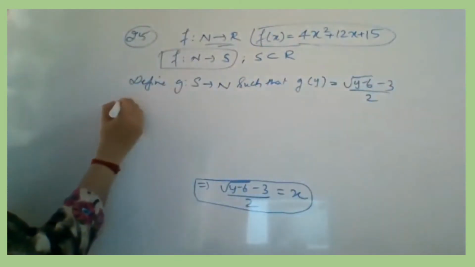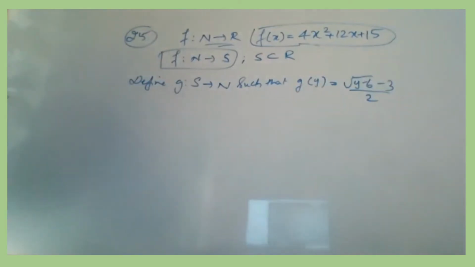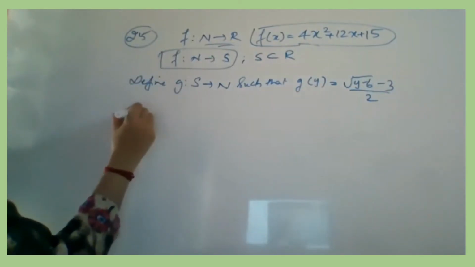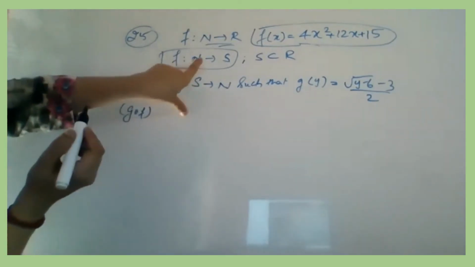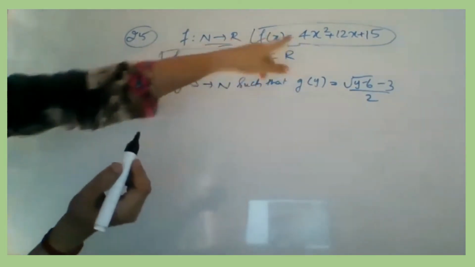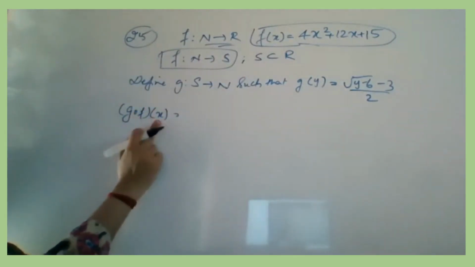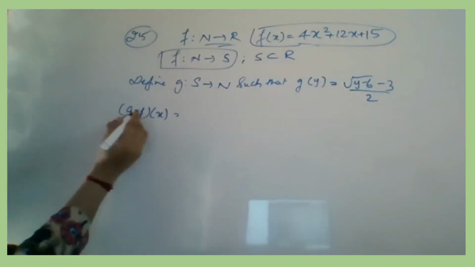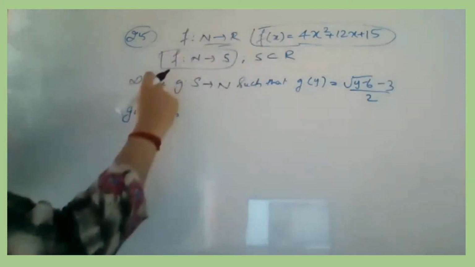Now again I need to check whether the g which I got is acting as the inverse of f or not. For that I have to start with g composition f. Again, g of f means you start with x, because f of x is defined from N to S, so we take N. So g of f of x. Where do we take x? Is it clear? When you have the starting position as f, you have to take g of f of x.